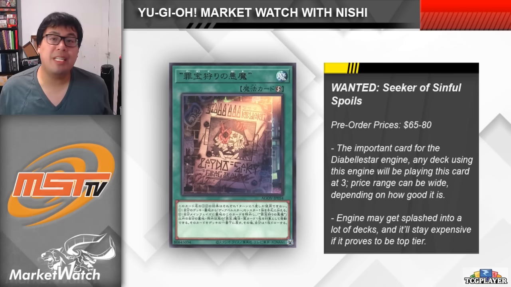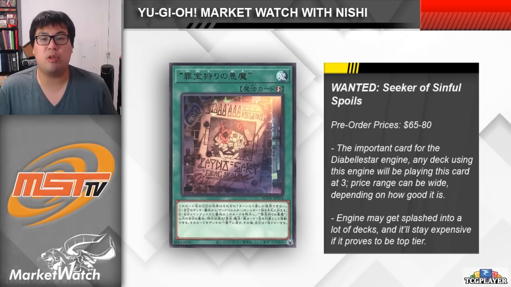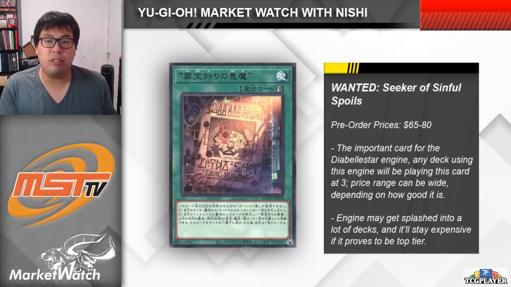Now, another piece of the Diabellstar engine here, it is Wanted, Seeker of Sinful Spoils. So this card really does feel like the card that just makes the engine so broken. It's a quick play spell card that adds a Diabellstar monster from your deck or graveyard to your hand, and then during your main phase you can banish it from your graveyard, take another Sinful Spoils spell or trap with a different name from your graveyard or banish pile, put that back to the bottom of your deck, and then